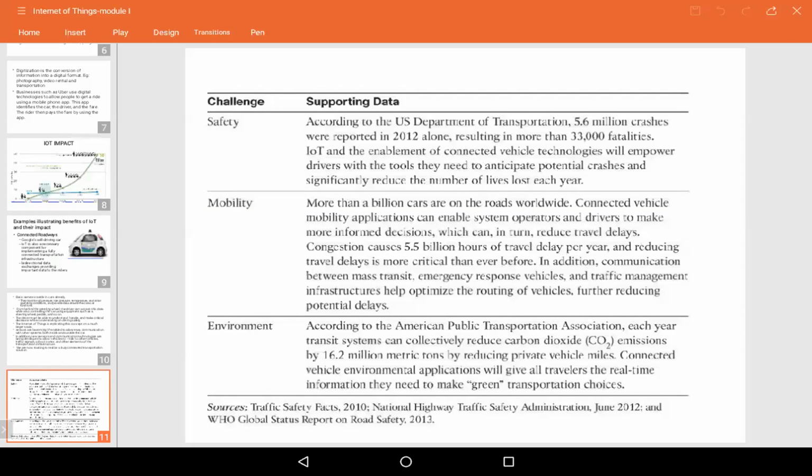So when you have connected roadways, what is this connected roadways, people? Just connecting the roads using Internet of Things. Okay, what is that Internet of Things? By connecting all the sensors of traffic signals, cars, and the devices embedded in the car. Okay, so these put together are my connected roadways. Okay. So what are the three concerns that they took into major consideration when developing these connected roadways? The first one is